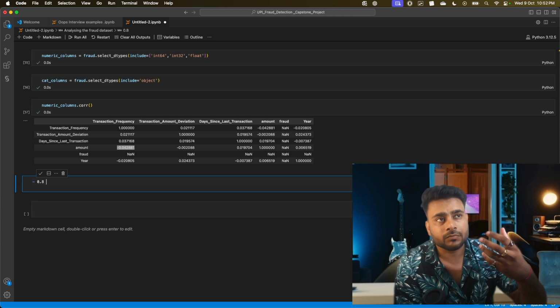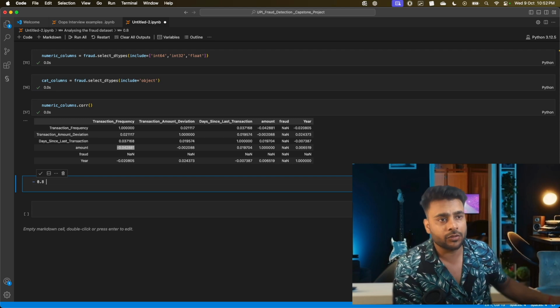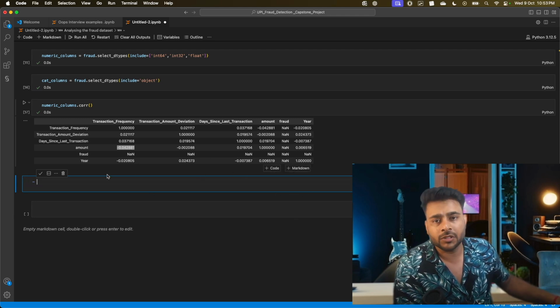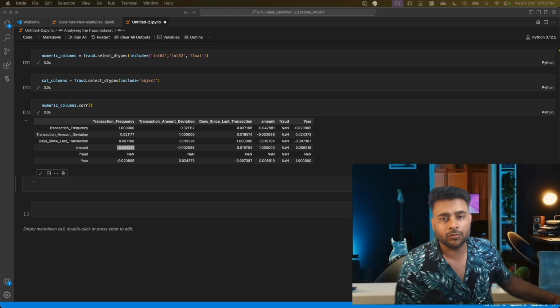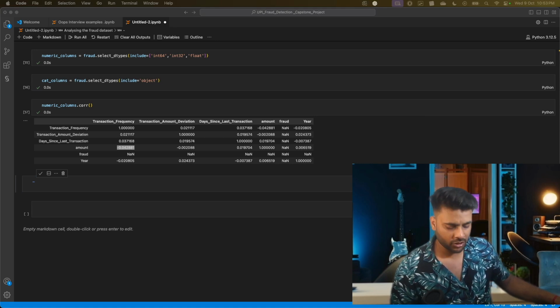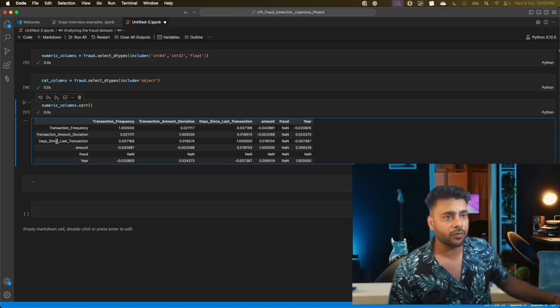So multicollinearity is not a good thing, and that basically means multiple independent variables showing high correlation. You can study about that also. In this particular analysis of mine, none of the variables are highly correlated. However, there is a moderate positive relationship between transaction amount and fraud. So if you see transaction amount and fraud,